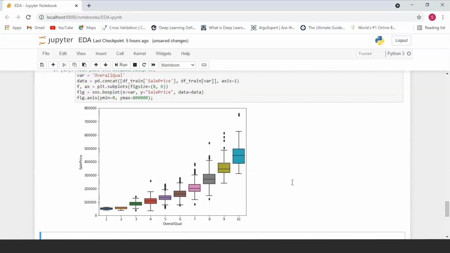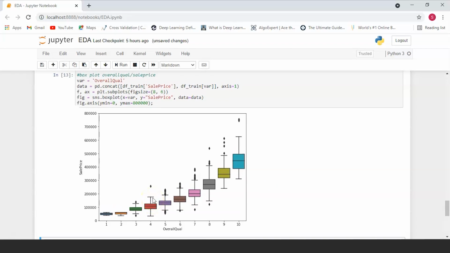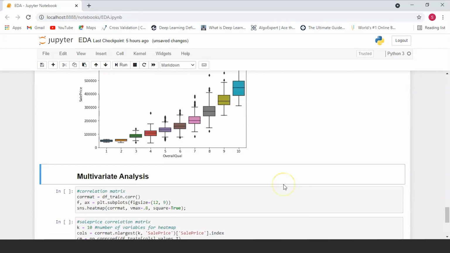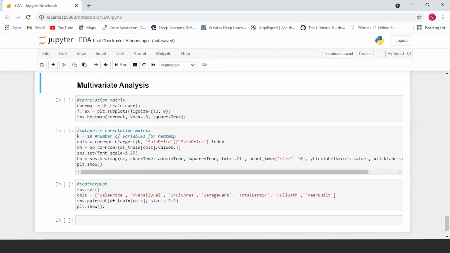So this is what bivariate analysis looks like. You're basically taking two different variables and comparing them with each other, usually with the help of graphical methods. Now, let's take a look at multivariate analysis. If univariate analysis was for one variable and bivariate analysis was for two, multivariate analysis refers to the analysis of more than two or many variables.